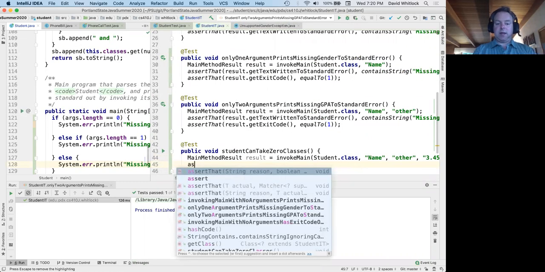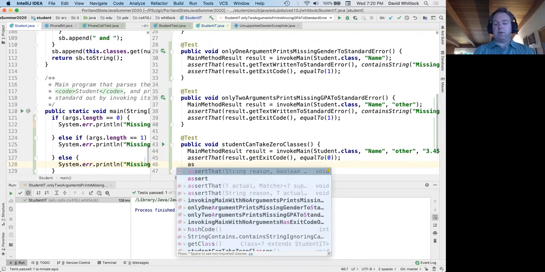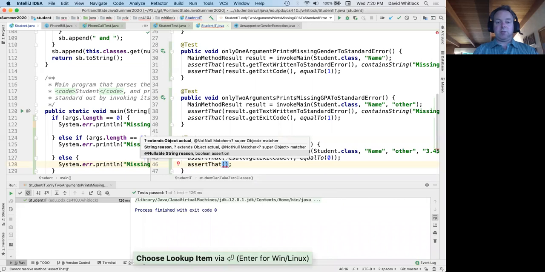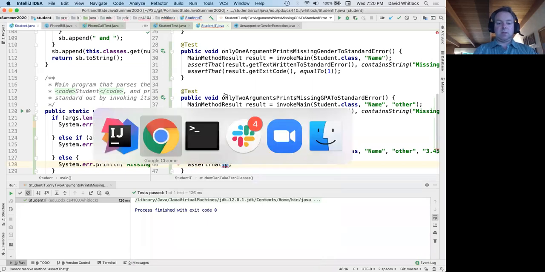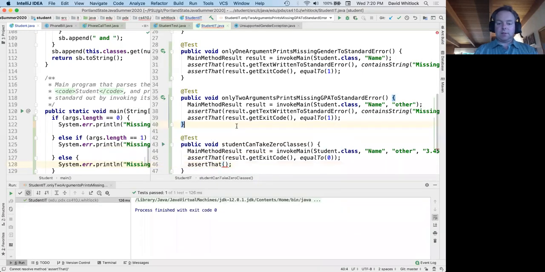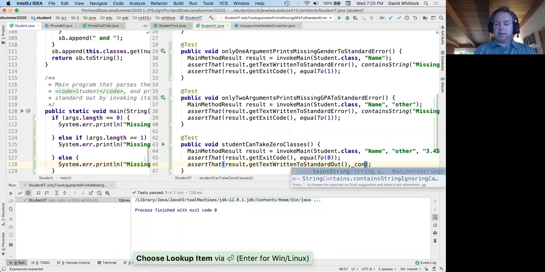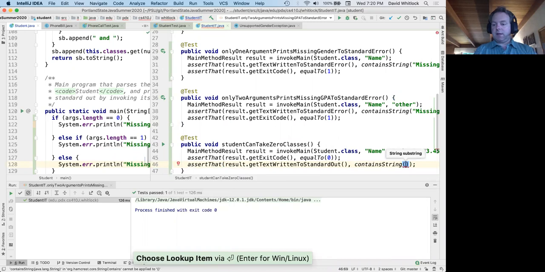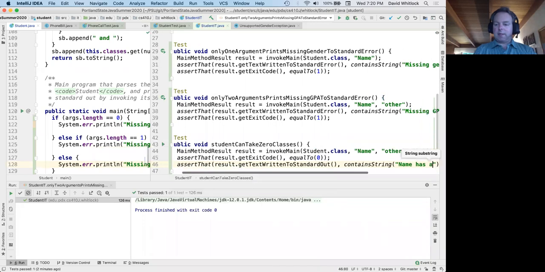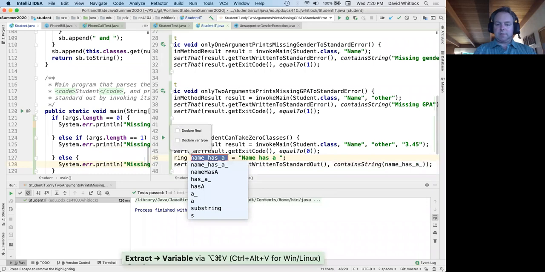So we should assert that result.getExitCode is equal to 0, that it's happy. And we should also, let's say it's a valid student, so we should write out some information to standard output, right? So assert that result.getStandardOut contains string, let's see here, name has a, I'm going to put this in a variable so we can see it more easily. Contains string